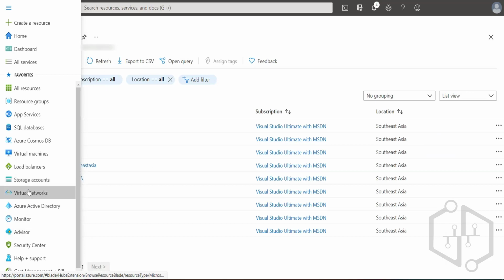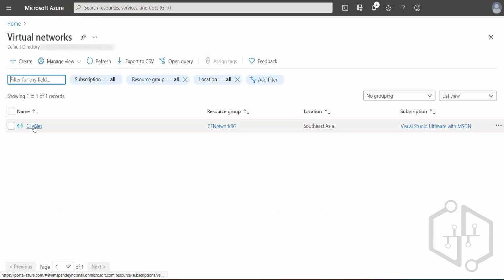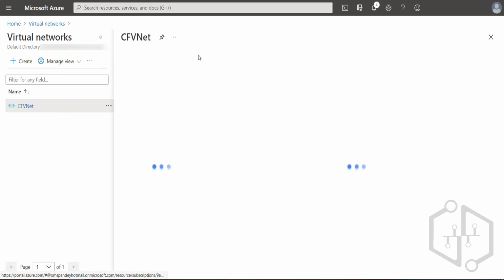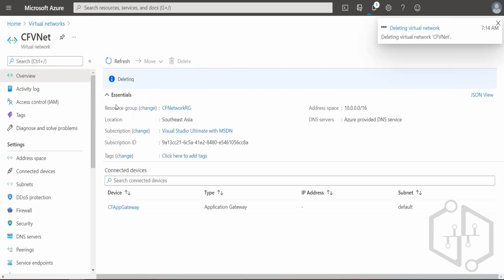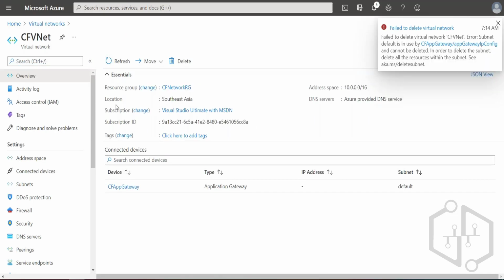Let me check if I already have a virtual network. Let me delete this. If I don't delete it, it will take the same default IP range, which is